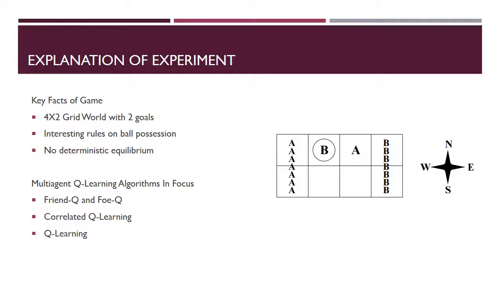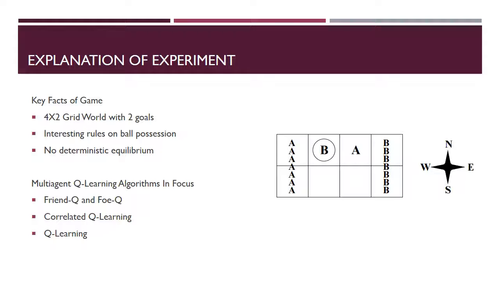Greenwald and Hall used a classical reinforcement learning problem called the soccer problem that I believe was first produced by Littman, but in any case it's a grid world problem with 2 rows and 4 columns, a multi-agent problem that's interesting because it has no deterministic equilibrium. Both agents have a Boolean flag has ball, so they have the ability to take the ball from the other agent, and they win the game by bringing the ball into their own goal. And if they do that, they get a certain reward, and the other person gets the negative of that reward.